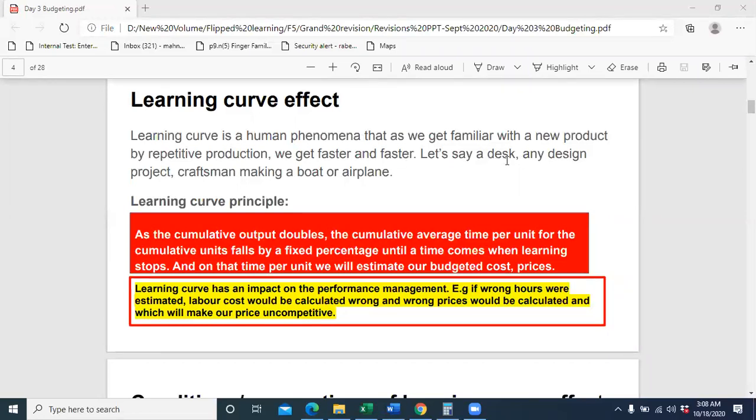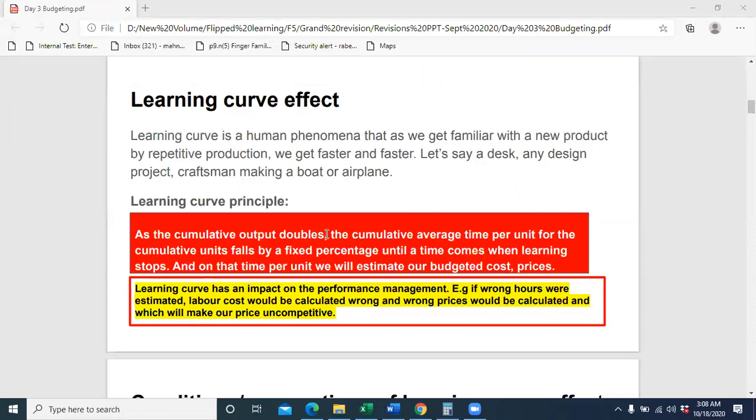Or if you're doing any complex design project for the first time, like a craftsman making a boat or an airplane, definitely there's a learning curve effect, which says that as the cumulative output doubles, there's a doubling rule that needs to be applied. And it was for the first time,